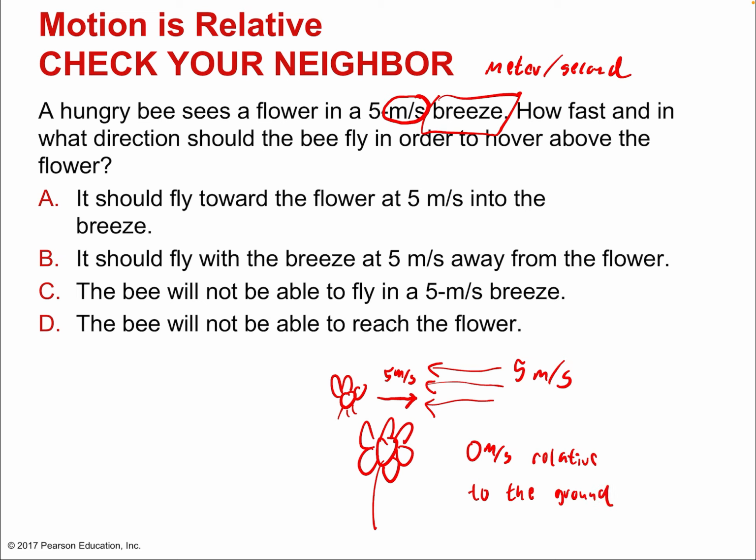It's a typical idea for relative velocity, thinking about moving in the air or the water and then staying fixed in place relative to the shore or the ground. Because if I was in a river and the river was flowing towards the sea at 5 meters per second, and I wanted to swim away from the sea at 5 meters per second, then I would be at rest relative to the ground. You'd see me paddling in the river and the river rushing past me, but I wouldn't move anywhere if you're just sitting on the shore. Same idea as the bee here, okay?